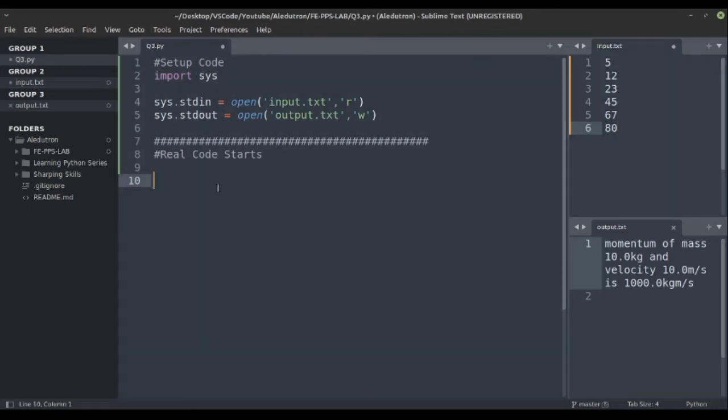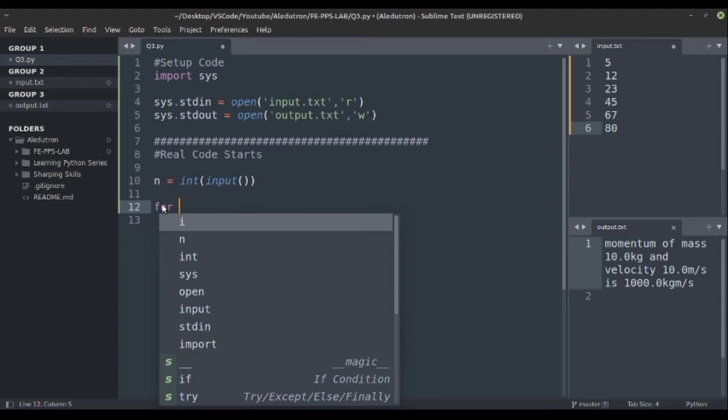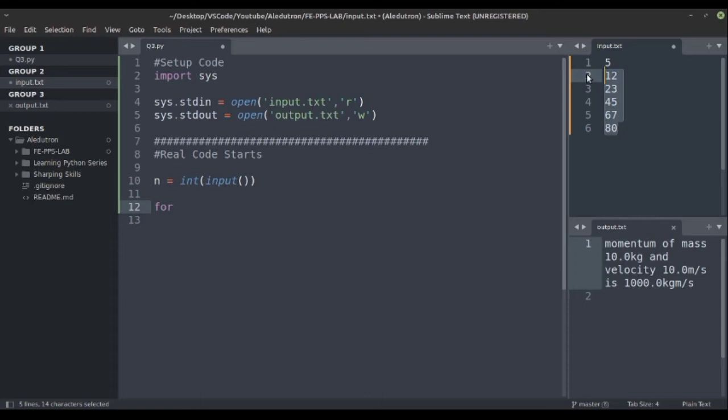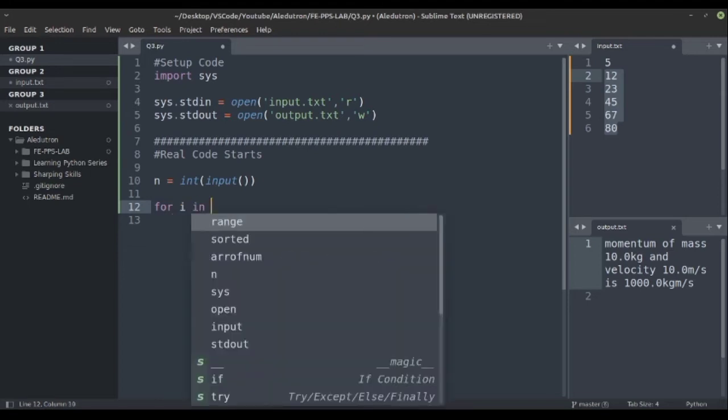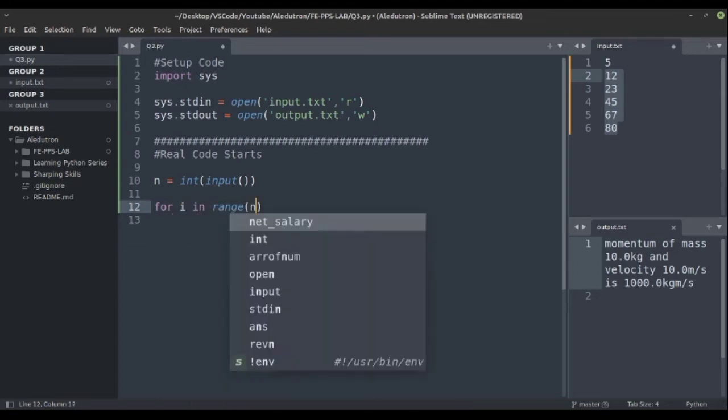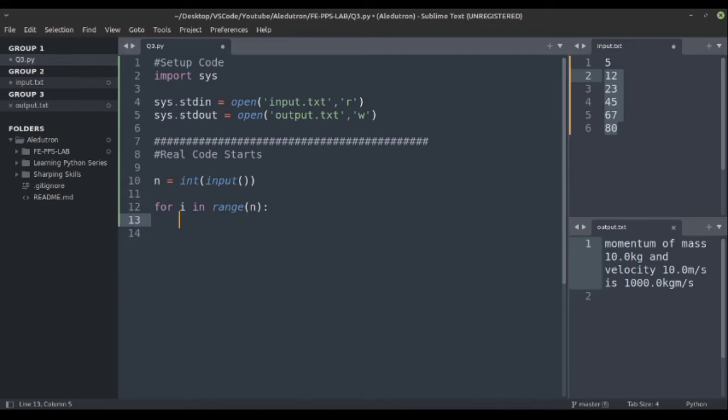So let's take a variable n and put the integer of input, meaning we take the number of elements in the n variable, and then we have to loop through n. We have to loop n times to take these 5 elements, or the n elements, from the input. For i in range n, let's create an array.